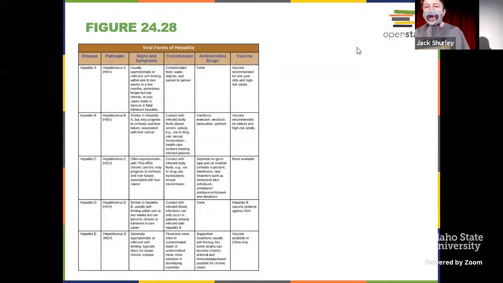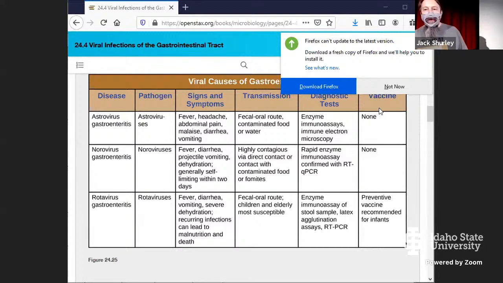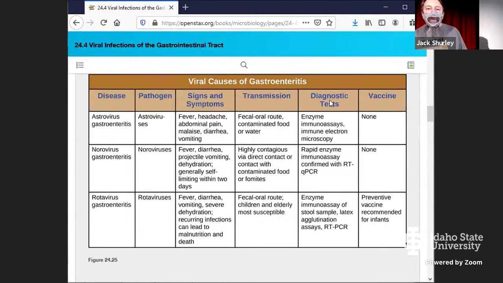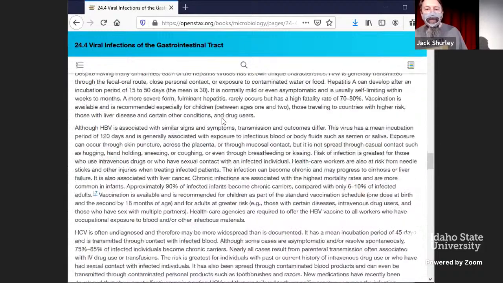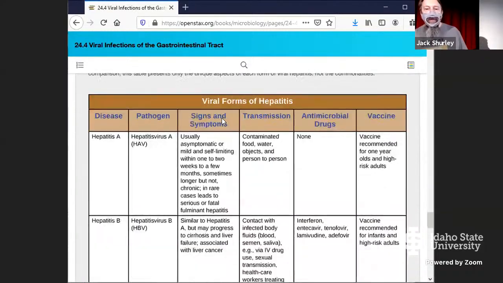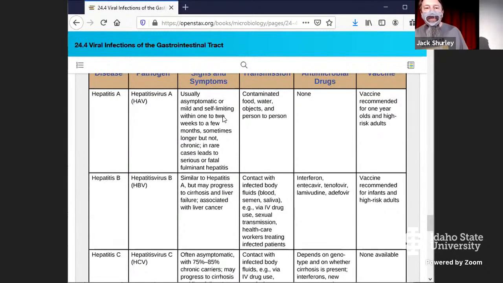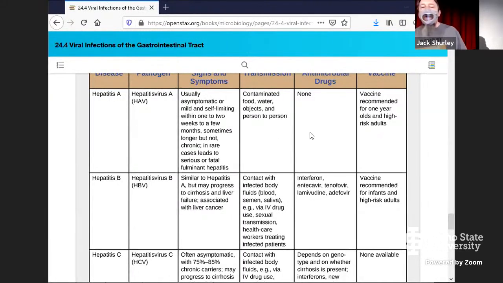All right, I need to switch out of this real quickly. Okay. Nope, not now. So that table showed up just fine. Where was my next bit? Here we go. The different hepatitis. I don't know why the one table looked just fine PowerPoint-wise and this one not. You never know. All right.